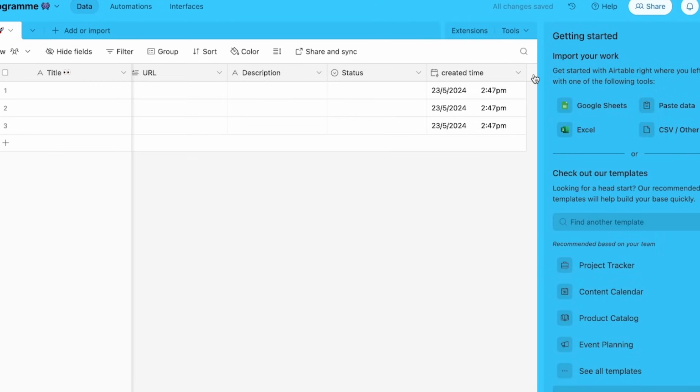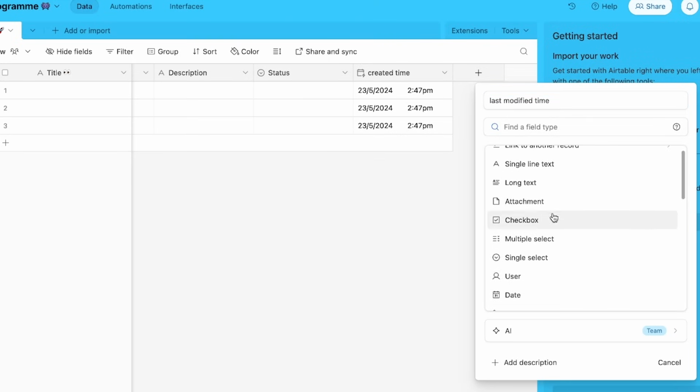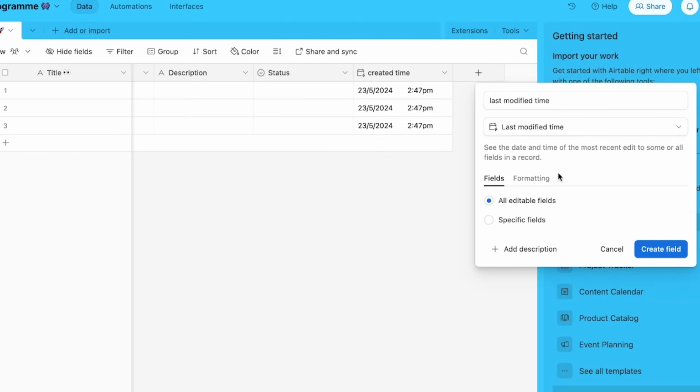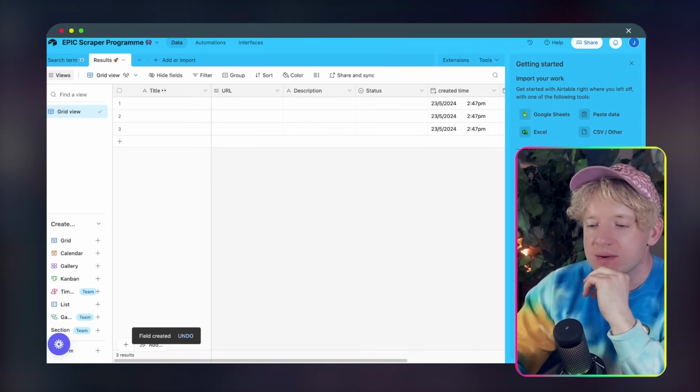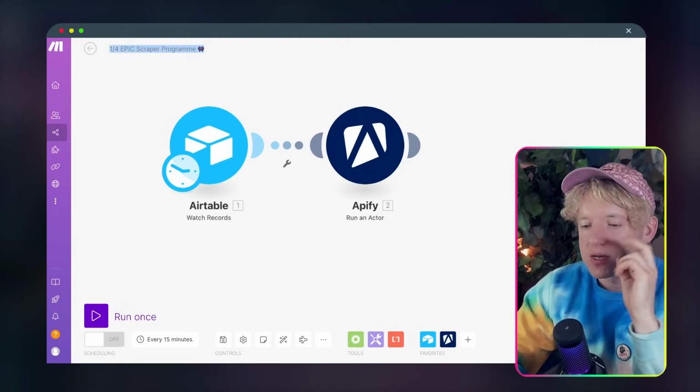Sweet. And then again, we add another one. And this one's going to be last modified time. Come down here and then find last modified time. Great. So now we've done that. What we now need to do is come back over to our automation, which is where we've got